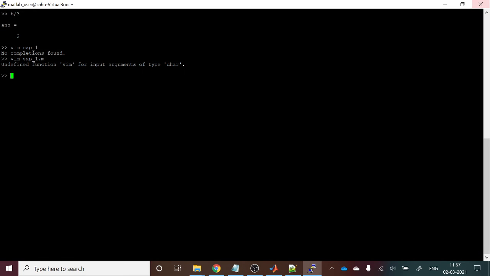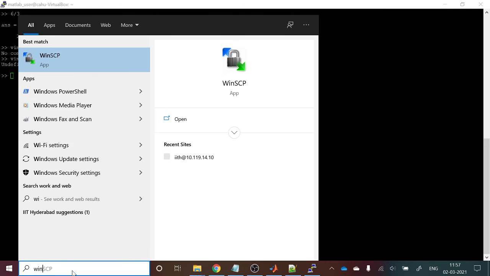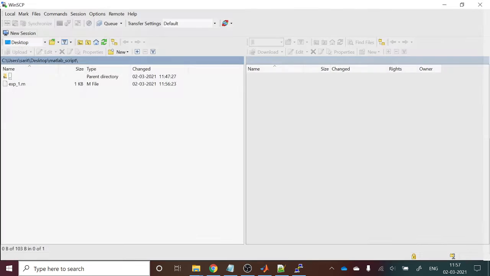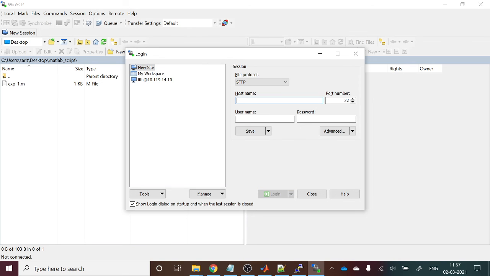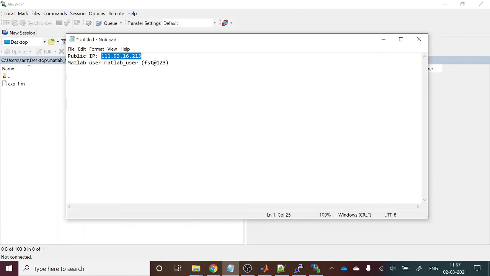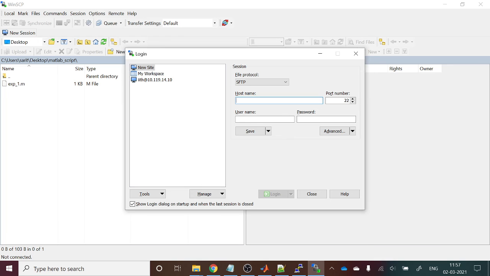That is the problem with this remote server: every time you have to log in, because after some time the system will automatically disconnect. With the same process, give the host name, MATLAB underscore user, password is fst@123.